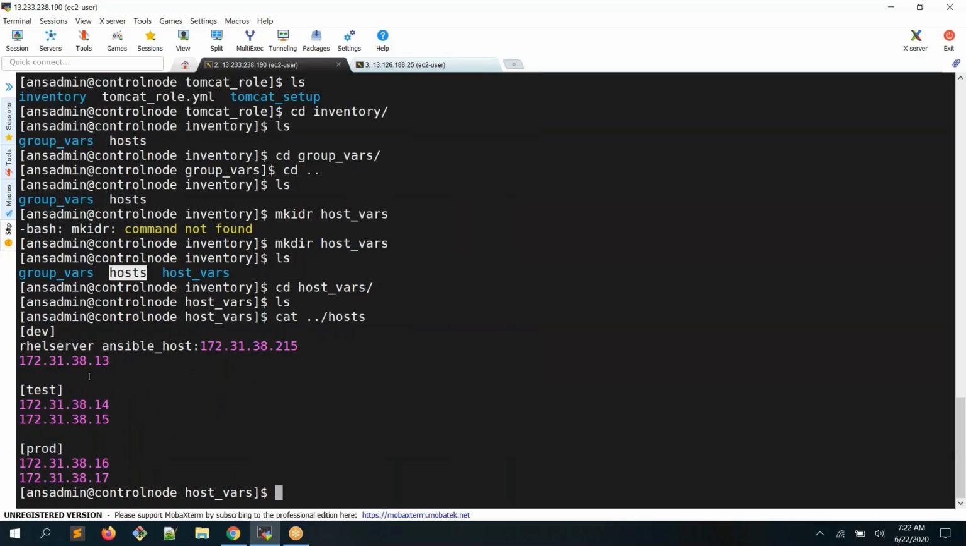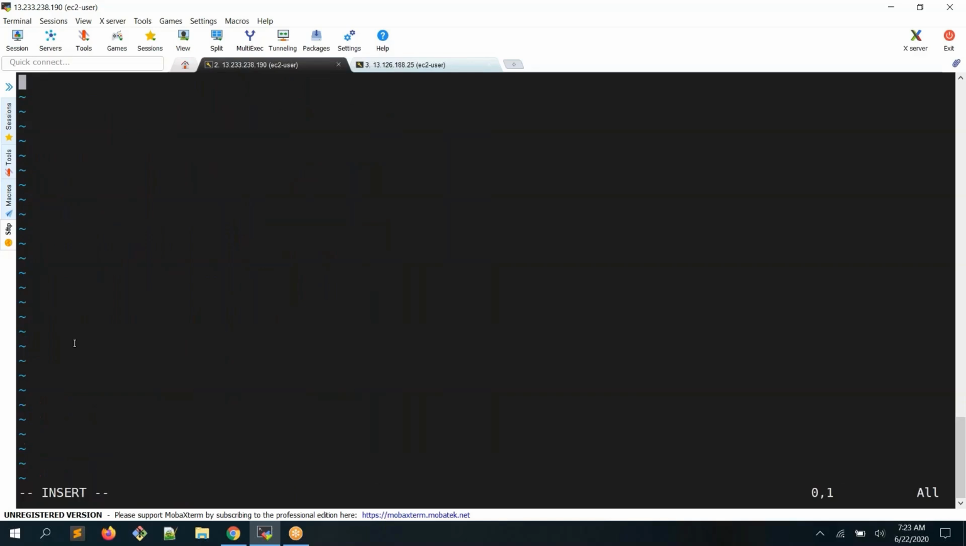So for example, I want to specify only specific variables for this system. Then I can create a file with this particular host name, or IP address. For example, for RHEL, I want to give a dedicated variable, something like this. I want to change the Tomcat port to 8090, something like this I want to do. Now what will happen